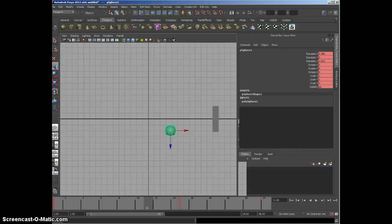The other thing that people were getting a little bit of is when they were doing some squash and stretch, they would have a squash key here or a stretch key here, but then the ball would get to the paddle and it would kind of stick there for a couple frames. So you're getting a little bit of that going on in a few of them, and that's just something you have to watch out for when doing animation. Squash and stretch happens really quickly over just maybe 2 or 3 frames sometimes. So when you spend too much time doing the squashing and stretching when it contacts this point, it just makes it feel a little